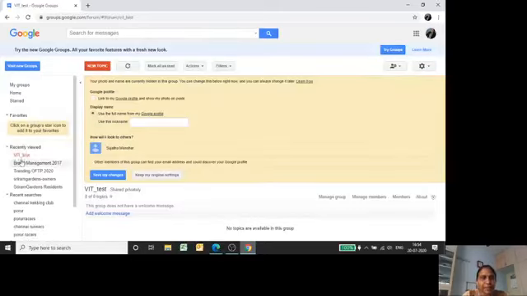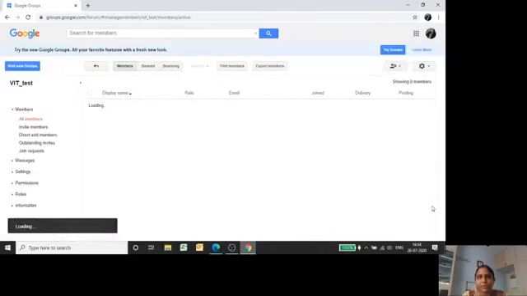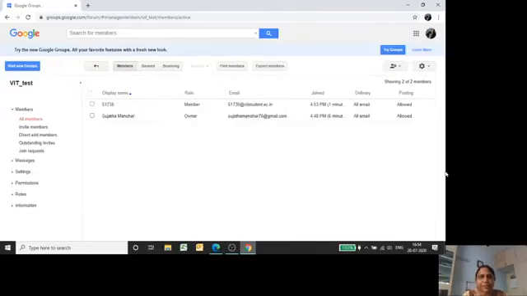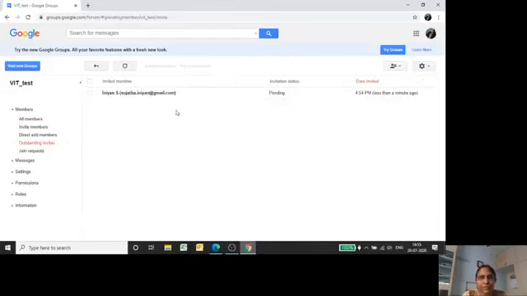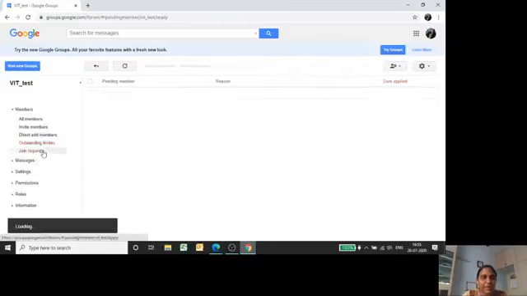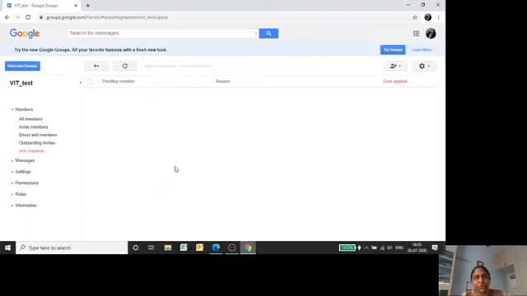Okay, so now if we go to manage members, we see outstanding invites. I have invited this person, and it is showing in pending status. Once they join, they will get added to the all members list. Join requests are different: somebody can send you a request, you are not sending a request for them to join. They are requesting you to add them to the group. That will be shown here, and you can approve and they'll get added, right? So this is about adding members.